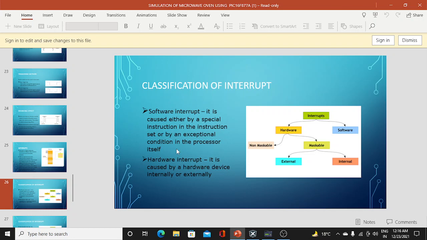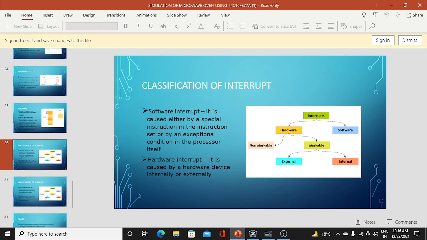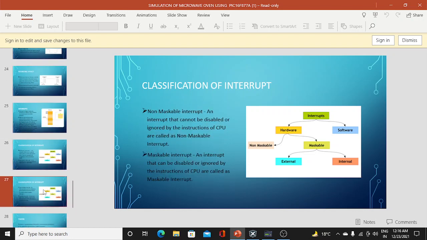A hardware interrupt can be caused by hardware devices internally or externally. Interrupts can also be non-maskable or maskable. An interrupt that cannot be disabled or ignored by the instructions of the CPU is called a non-maskable interrupt, whereas a maskable interrupt can be disabled or ignored by the instructions of the CPU.